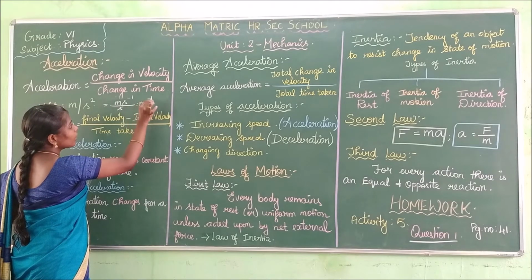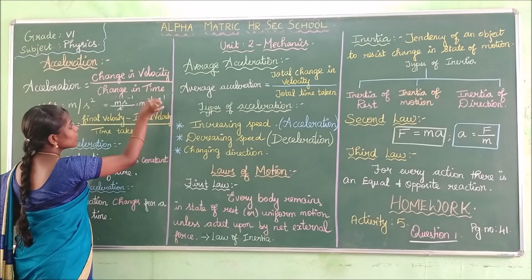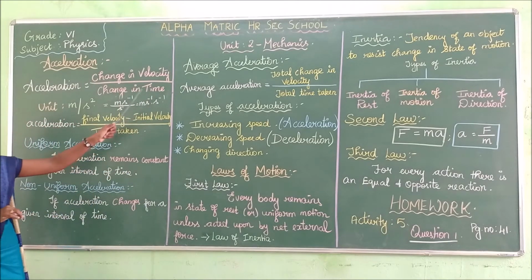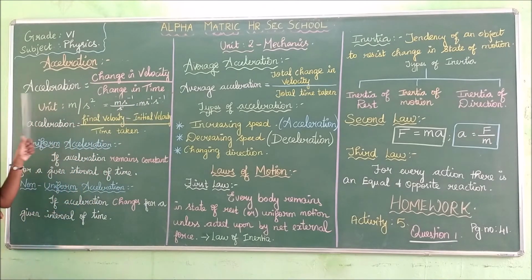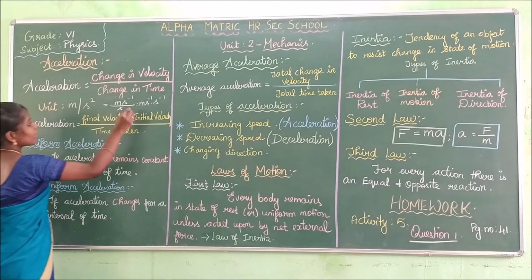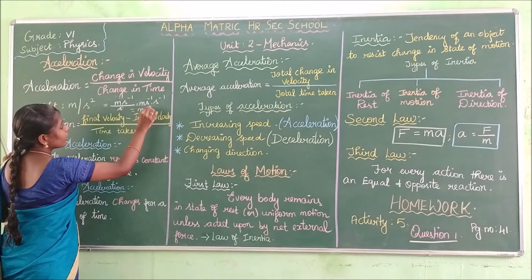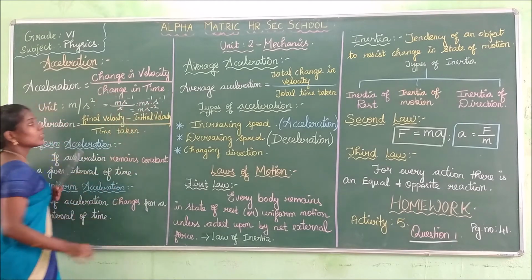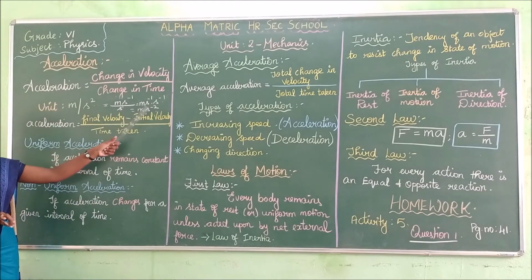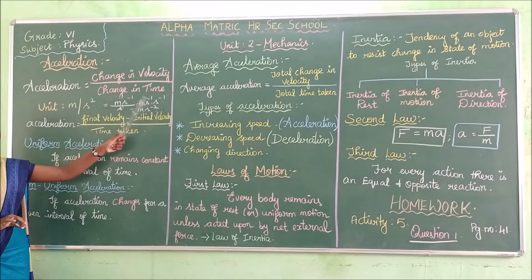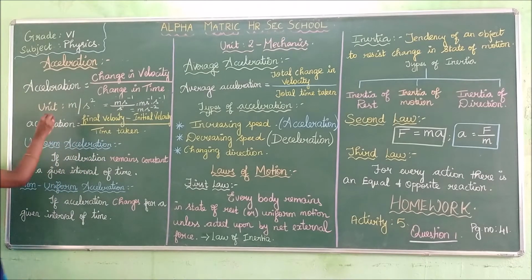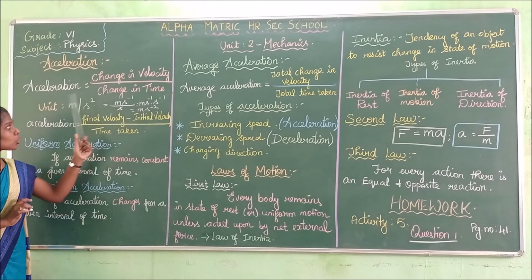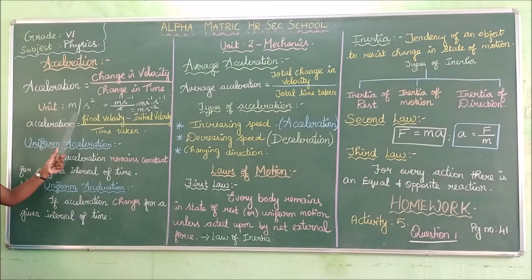Per second is second power minus 1. So minus 1 into minus 1 is minus 2. So acceleration is equal to meter second power minus 2. Is it clear? This is the unit of acceleration. This power minus 2, you can write it as meter by second square. You can write like this or like this. Meter by second square or meter into second power minus 2.